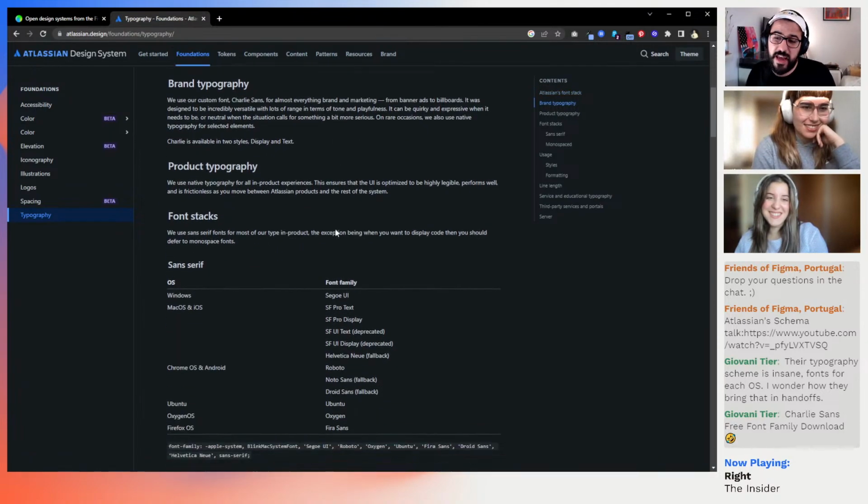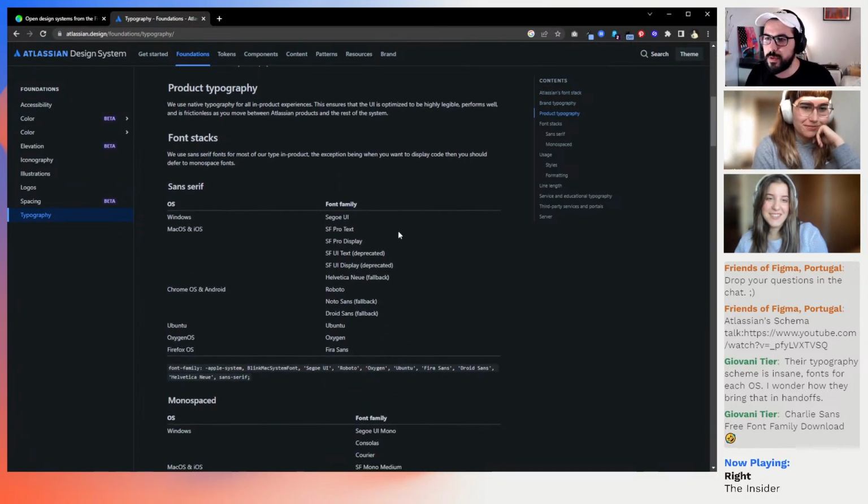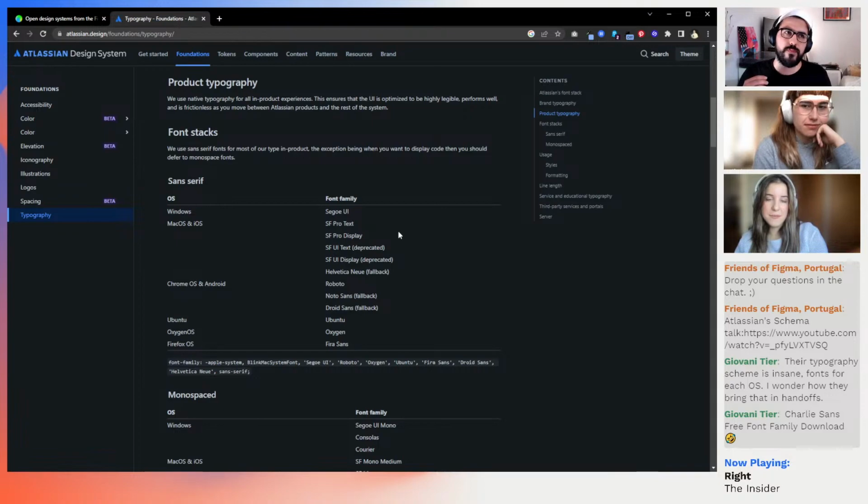But it's not something that I've not seen other people doing, and also there's the backwards thing. We're looking at an amazing design system, big, they've been working on this for years now. But also smaller teams that are still building their first products usually start using the native systems and then adjust a little bit to their language. So maybe it's easier to develop like that because you don't really need to worry about having to